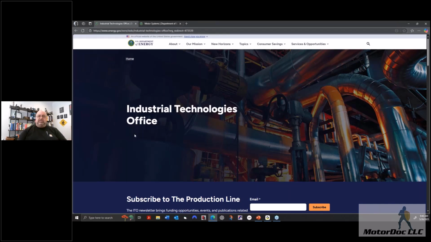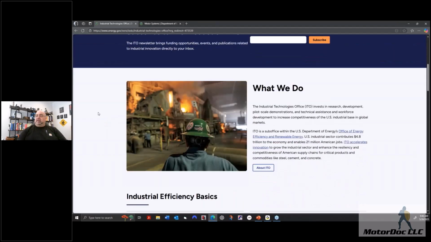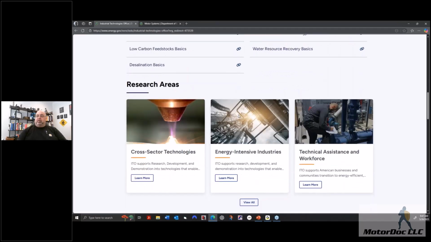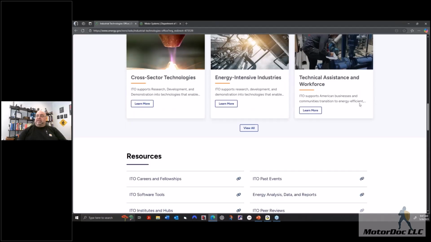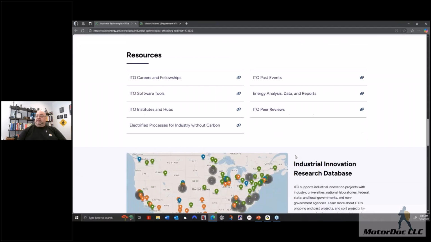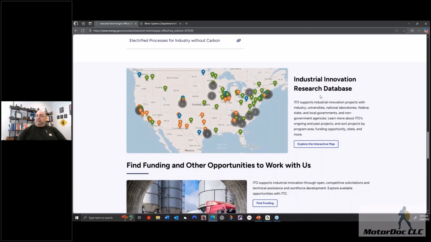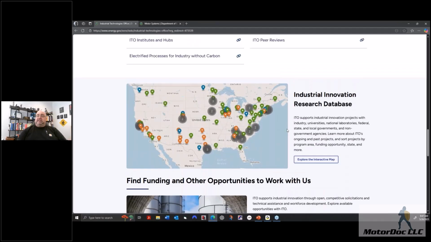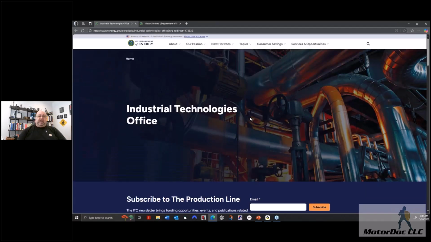Okay, so this one here is the Industrial Technologies Office. That really hasn't changed since 1998-ish. This goes through and comes up with different types of opportunities. Informational primarily. We're going to skip this stuff in a second, but it's all about assistance. Industrial Innovation Research Database. This would be innovation projects for making improvements, et cetera. Some of that is product, some of it's process, and a lot of it is